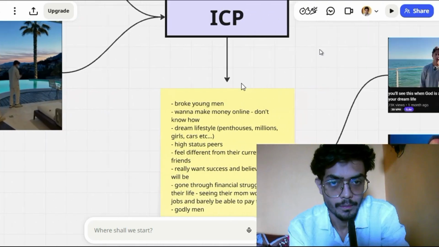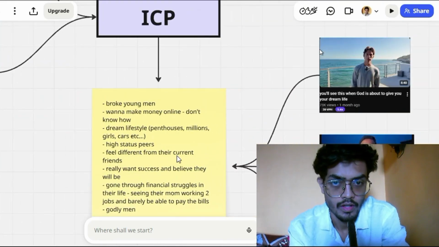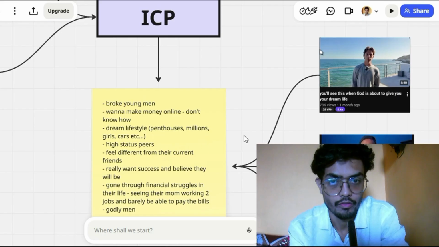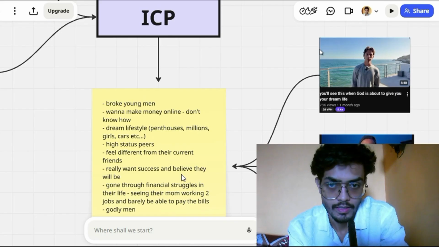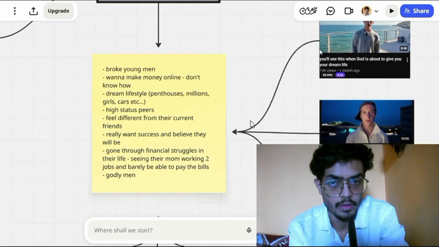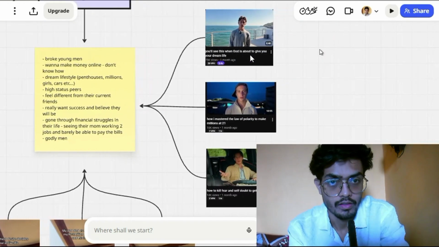And yes, his ICP also wants to be surrounded by high status peers. They want to feel different from their current friends. I mean, they are already feeling different from their current friends. They really want success and they believe they will be successful. And they have gone through some financial struggles in their lives, for example, seeing their mom working two jobs, barely able to pay the bills and all of that stuff. And most importantly, they are also godly men, which you can see from his YouTube videos,